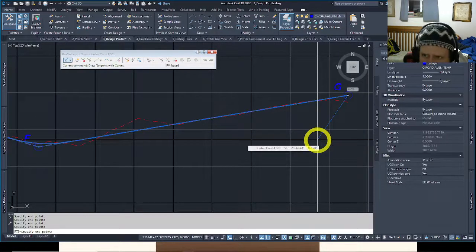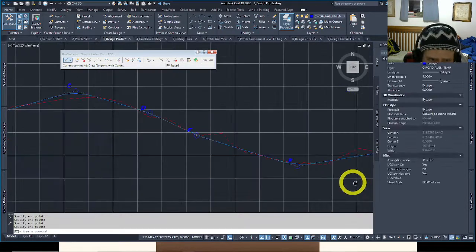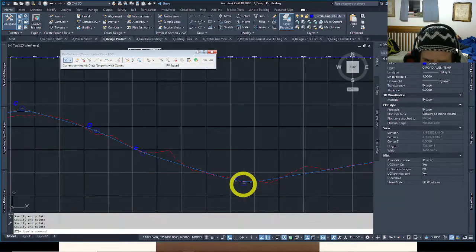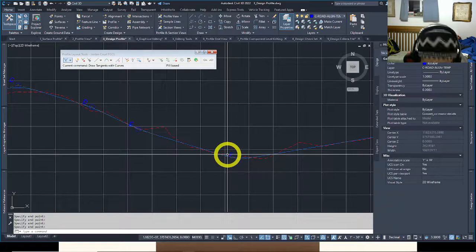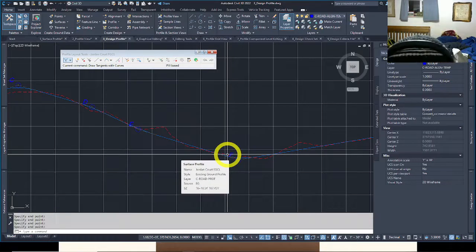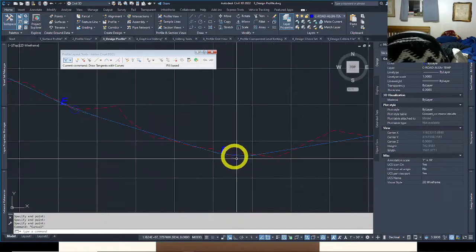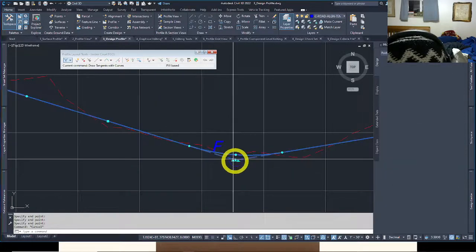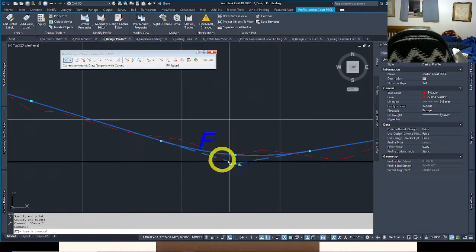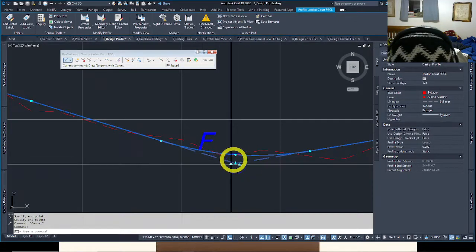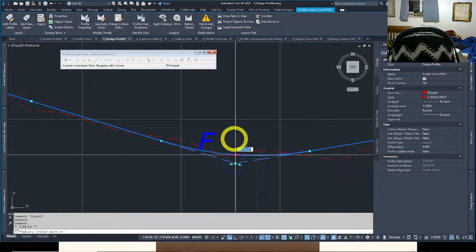I'll hit enter when I get to my last one, G. Enter. I have my first design profile with curves, PIs, all kinds of things. And that's what it looks like there. So we have a PVI at each point. So say on F here, that's a PVI. And it has grips to slide this direction with this tangent, or slide this direction with this tangent,